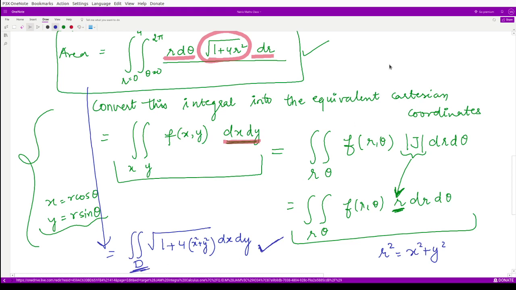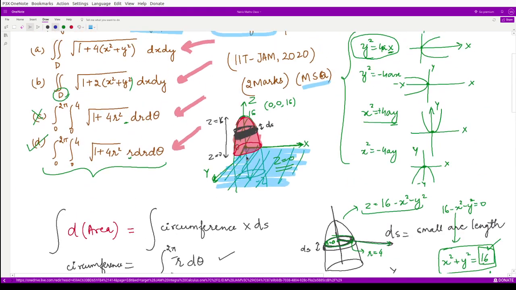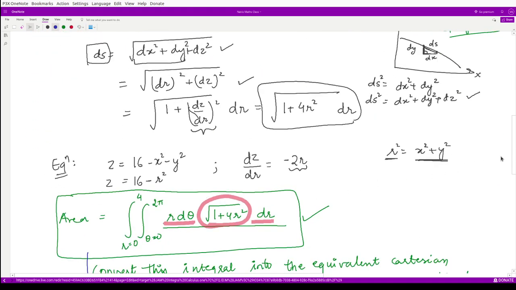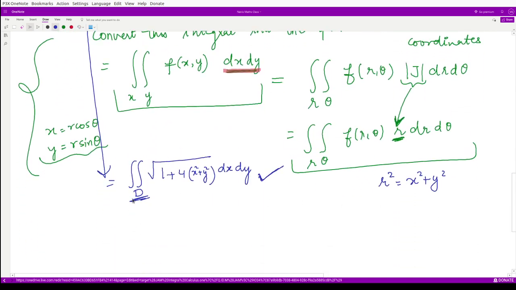And what is this D? If you look at this figure again, the projection of this paraboloid onto the z equal to 0 plane would be a circle only, right? So suppose you are holding up a torch here. If you light up this torch from above, whatever is the shadow of this paraboloid onto this xy plane, it would be a circle, right? So this represents D here, and it gives the limits in the x and y planes. So this is another option that is correct.